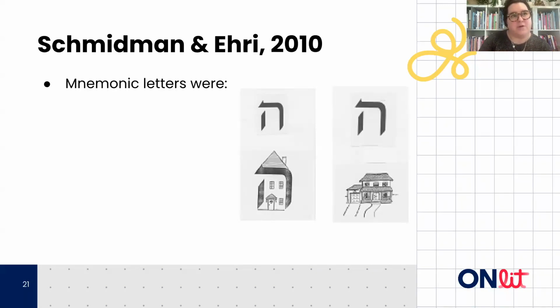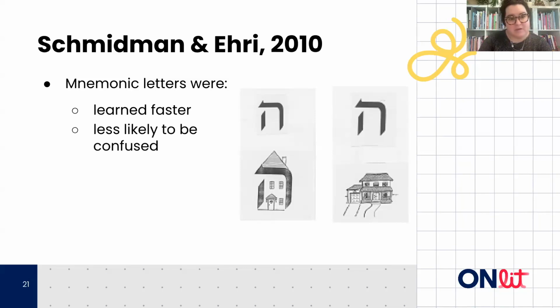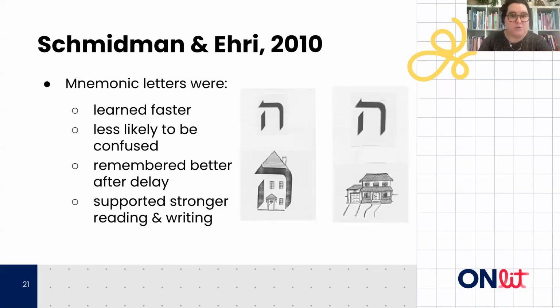And what the researchers found is that the mnemonic letters were learned faster. So it took fewer trials, less instruction to reach proficiency. They were less likely to be confused. So students were more accurate with their letter sound knowledge. They were remembered better after a delay. So after the study was done, they returned back and tested again, and mnemonic letters were retained more. And most importantly, I would say mnemonic letters were more likely to support stronger reading and writing, which ultimately is